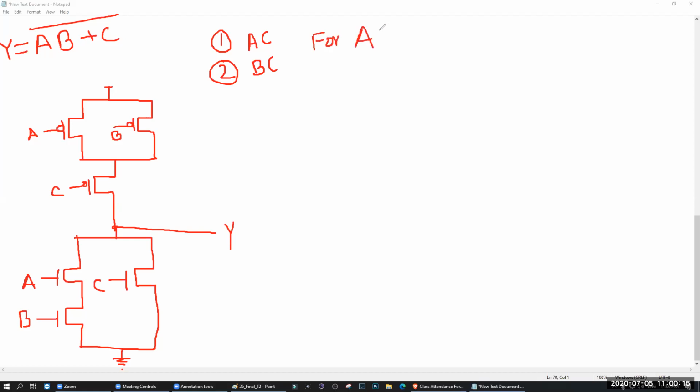For AC, the formula calculation will be 1 divided by, oh my god, so big, 1 divided by beta P, since it is PMOS, right? We are doing it for PMOS. P should be the reference. Remember, reference. What is reference? Reference is your NOT gate. Beta P reference equal to 1 divided by beta P at first for A